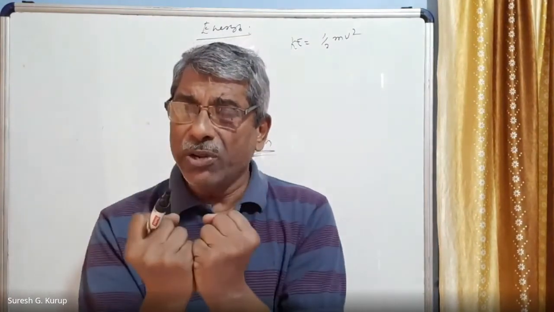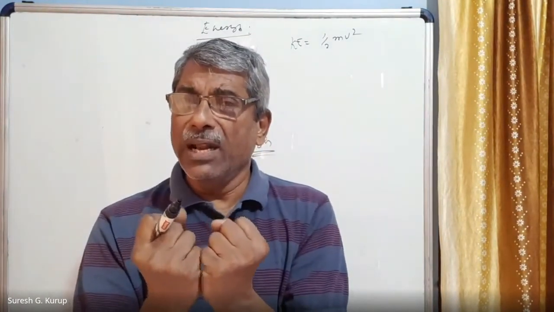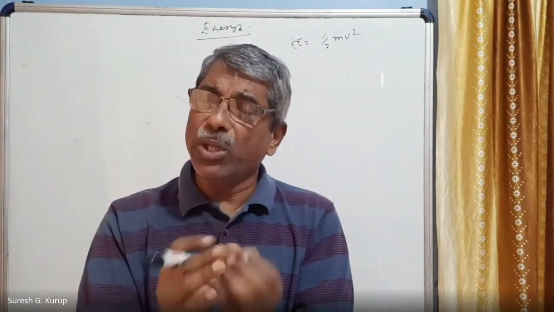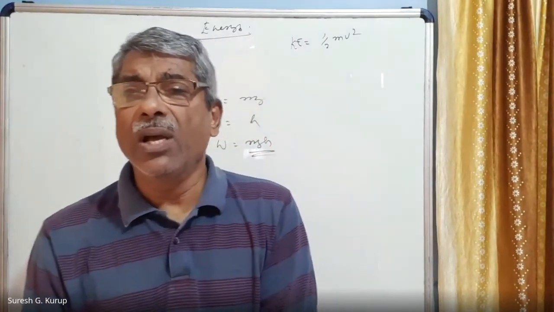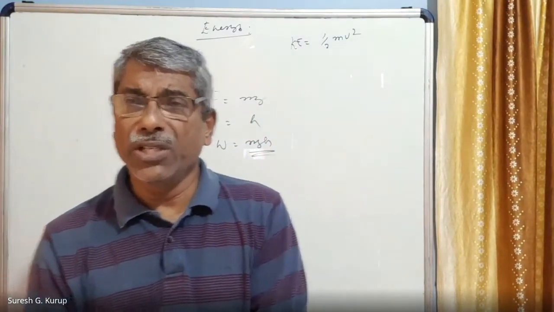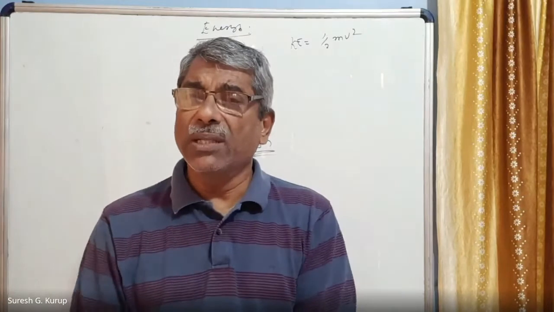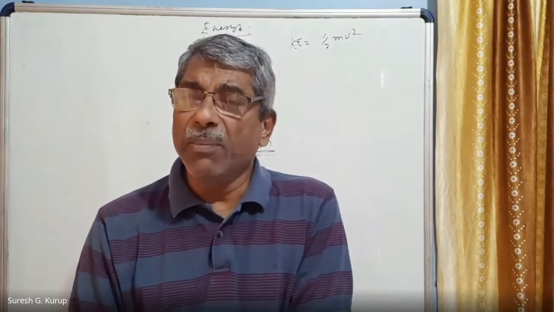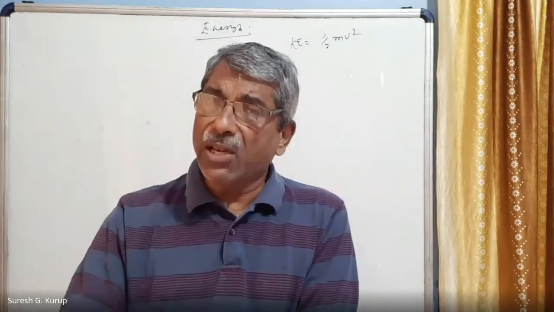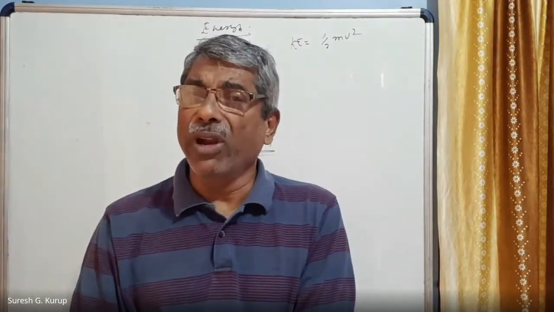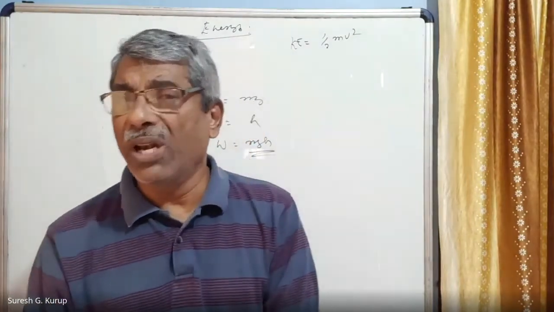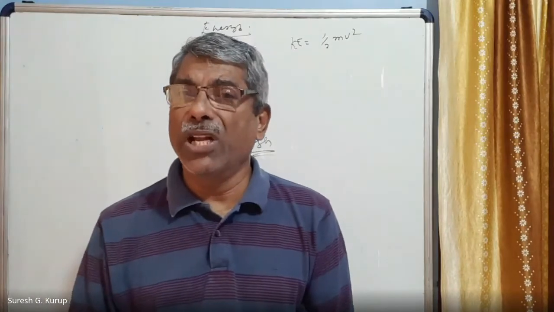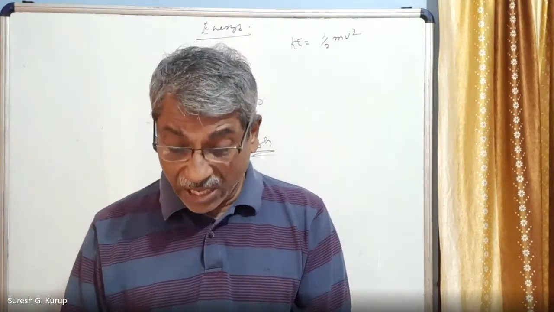We are pulling it downwards, so we are doing some work to deshape it, to deconfigure it. When it is pulled a certain distance down, the work we do on the string is stored in the form of energy. This is called elastic potential energy. Once the pulling force is removed, the string or spring comes back to its original shape and size, because that stored energy is used to come back to its original configuration. What potential energy? Elastic potential energy.